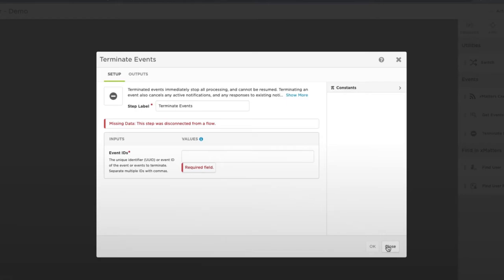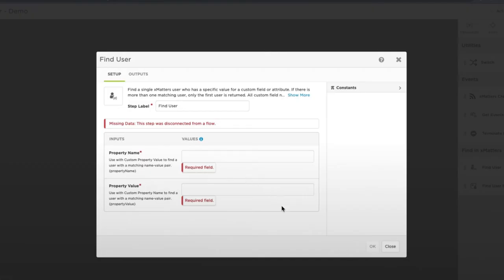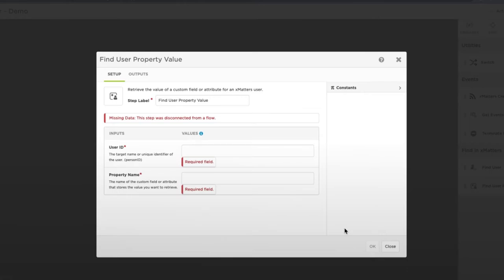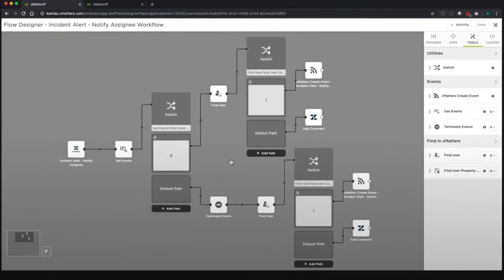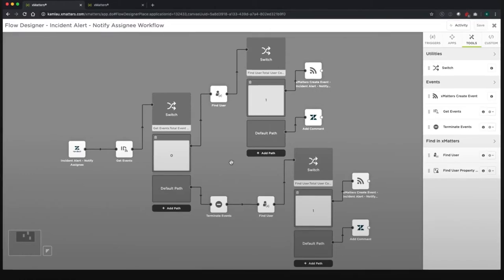There is a new step that allows you to find users by custom property key value combinations, and another step to look up the property value of a user stored in a custom property key. These steps support user mapping by leveraging the custom fields and attributes already built into every xMatters instance. Using this, you can easily map a service desk system user to an xMatters user through their ID in the